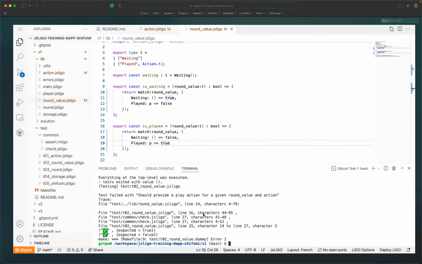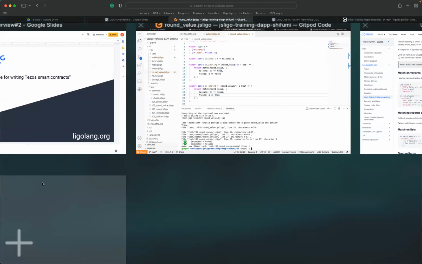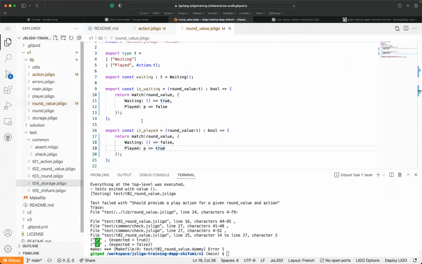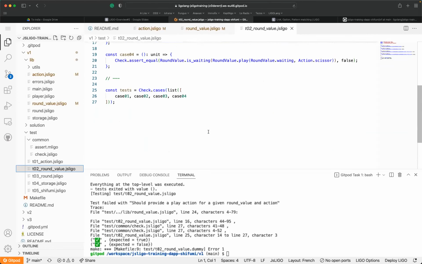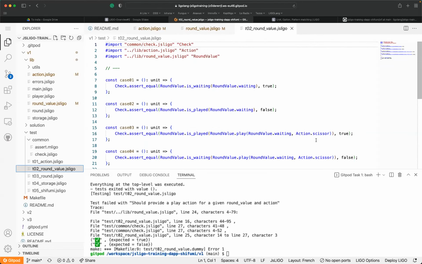Well, this is curious. Expected false. Why? I don't see. Well, we can go through the tests. Case 2, case 3, case 4. Okay, so as you can see, I didn't write the test for the played, so I'm just going to write new tests.